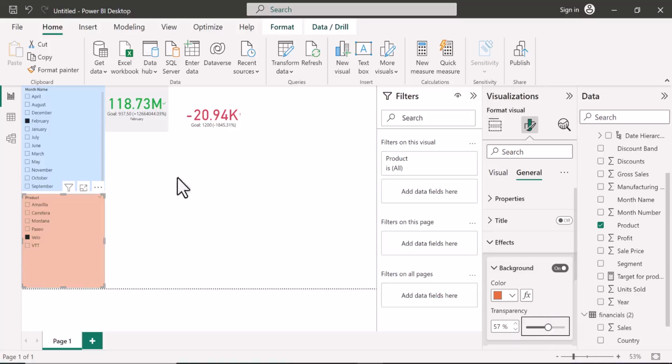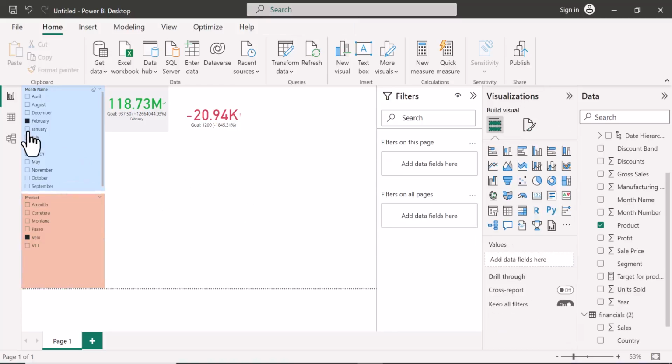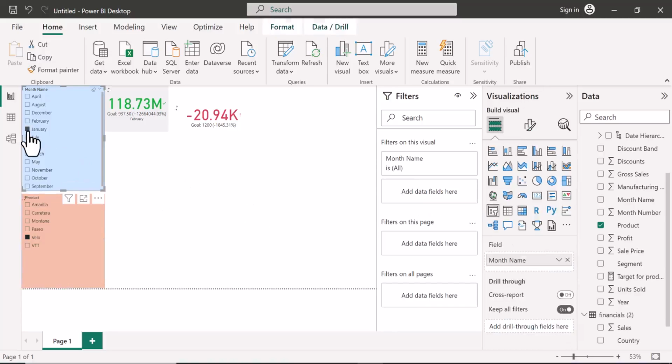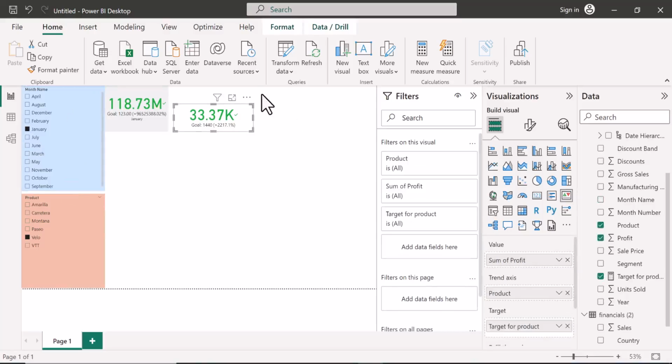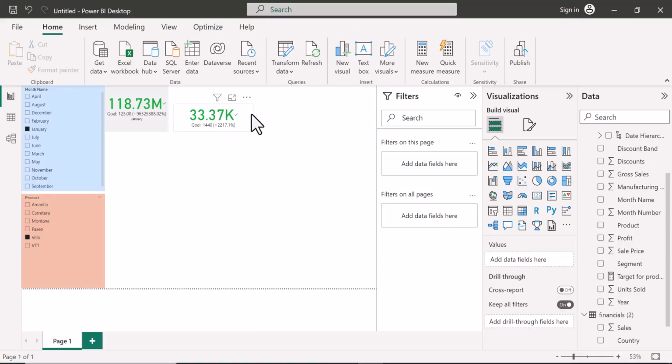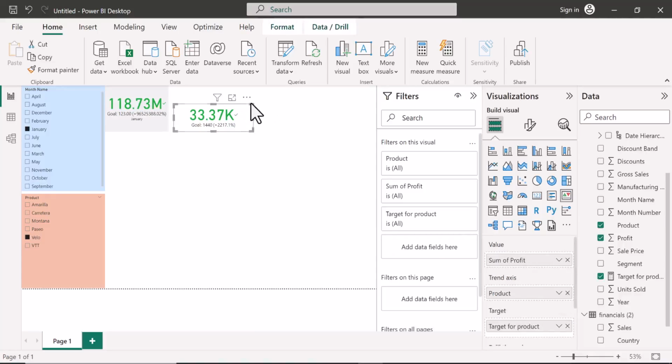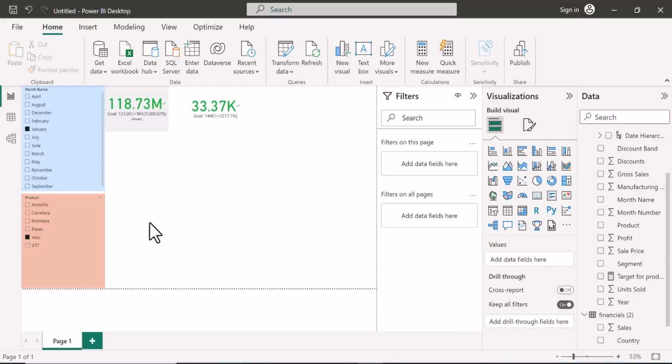Okay, so we have this. Imagine we select this for January. That's in progress. There's a progress for it. Increase this. All right, so we have that. Then,